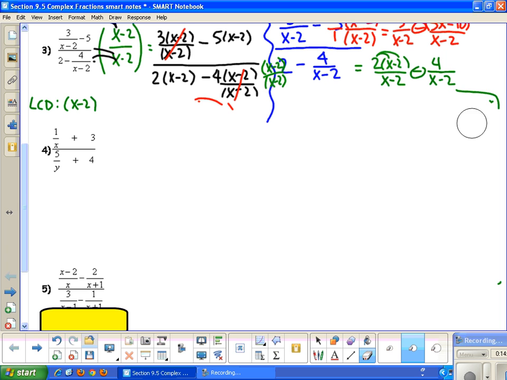Okay. So I just got rid of that. All right, so let's look at this next problem. Let's do the same thing. So I'll do both ways again. So for this next problem,